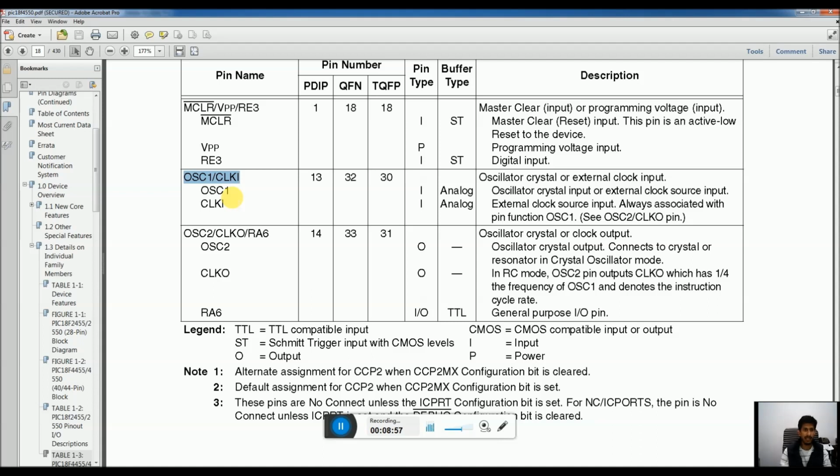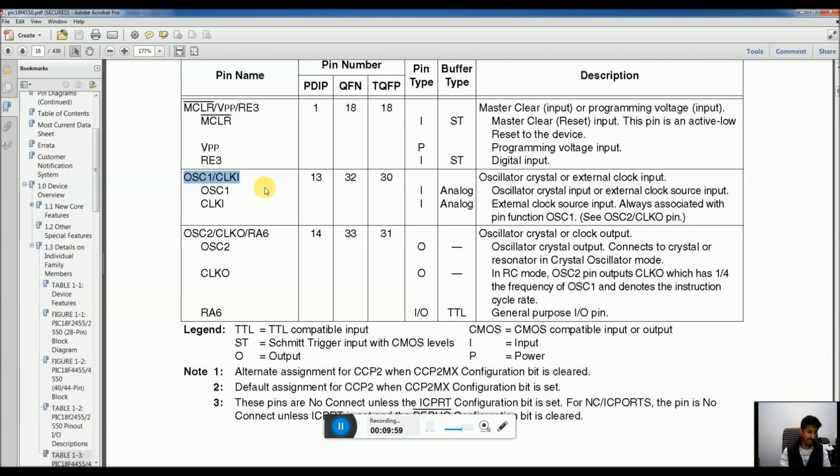555 timer IC is one of the best square wave generators that we know, that is most common. That clock can be provided using a single pin, on this particular pin of the microcontroller, and that would be considered as the main clock of the microcontroller. Secondly, we don't have to necessarily use an external waveform generator. PIC microcontrollers, in fact any microcontroller, have built-in circuitry where we can connect a 2-pin crystal oscillator that will produce the master clock for that IC.